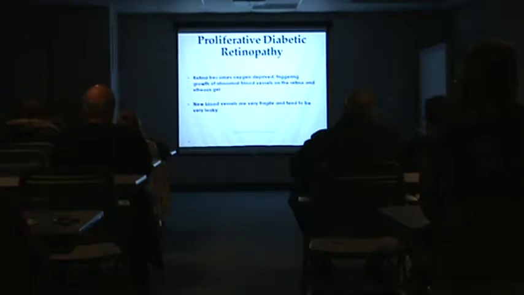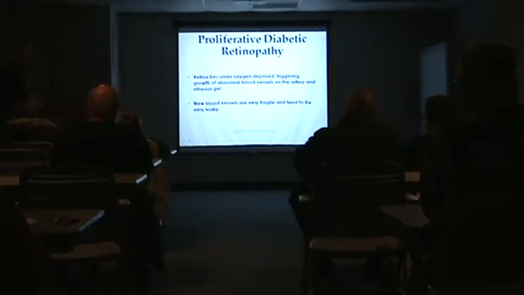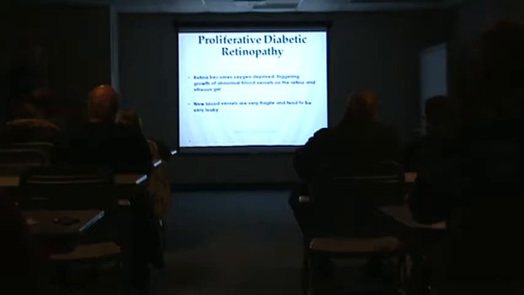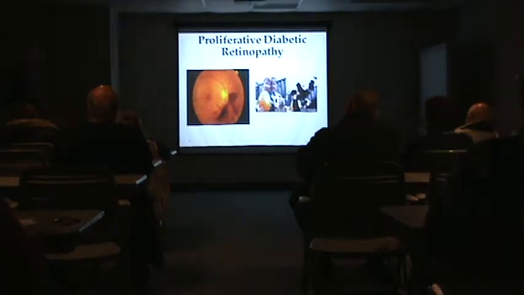So you can see those little tiny blood vessels start to develop, little kind of wiry, small blood vessels that are the walls of the blood vessels aren't very strong, they're real fragile. Over time, they end up breaking and allowing more blood into the back of the eye, which causes a lot of vision changes, as you can see. So in this picture here, you can see